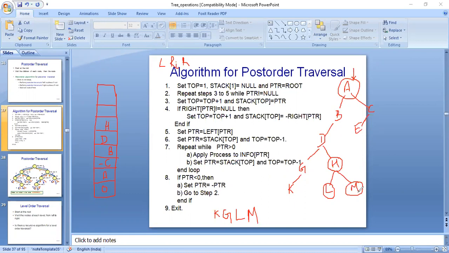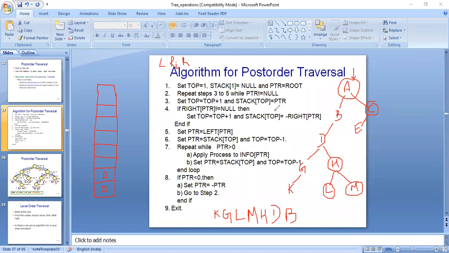So when we encounter the leaf node, we will backtrack till we find the negation. So we will pop all these elements till C. That means we will pop and process H, we will pop and process D, B, and we will set the pointer at C, and we will not process it. Very carefully see this. We have popped all these elements till C, and C is negative, so that is why we have reset the pointer to C. Afterwards, we will again move ahead with the same process.